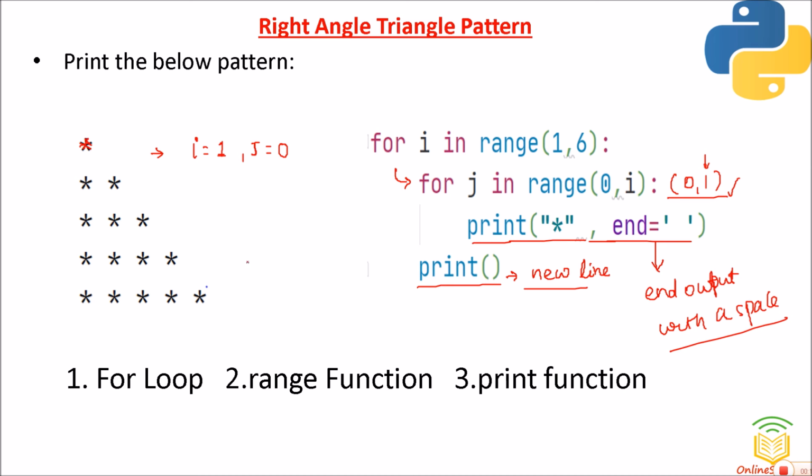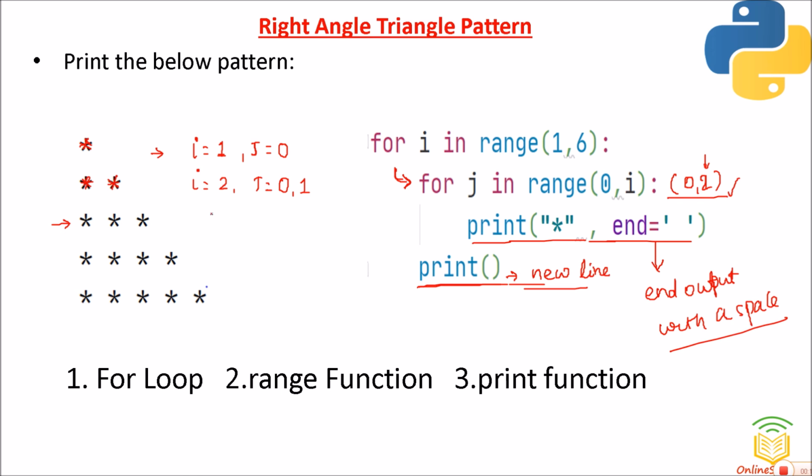Okay friends, now next time, what will happen when the value of i is equal to 2? Again it will come into the inner for loop statement. Then j from 0 to 2. 0 to 2 means friends, the j value will be 0 and the j value will be 1. It will not include the stop value. Now for j equal to 0, one star will be printed. Again for j equal to 1, one more star will be printed. Okay, then again it will come out and then friends, print a new line. So again it will come to the next line.